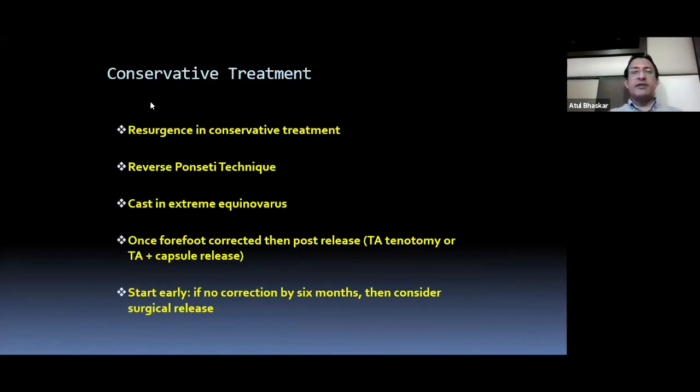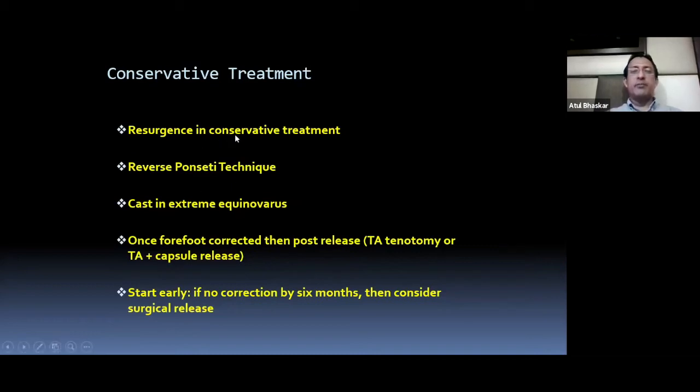Treatment of vertical talus, as far as exams are concerned, as with any treatment in foot, you start with conservative treatment, which is now popular in the last 10 years, unlike the Ponseti, which has been popular for the last 30 years. And what they do nowadays is what is called the reverse Ponseti. You start giving plasters in equinovarus position. So you're basically trying to create a club foot. So once you are able to get the talus elevated and the TA a bit stretched, then you can go for a soft tissue release.